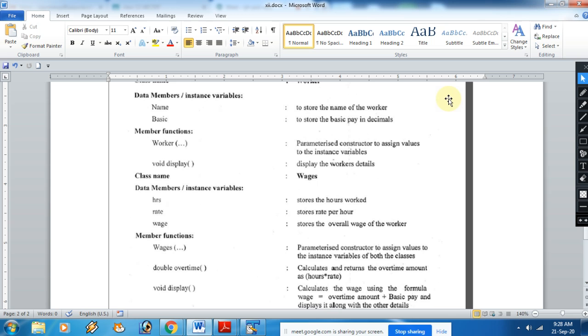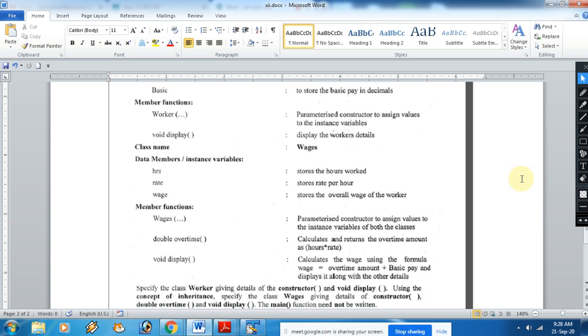The class name is worker. The data member name and basic. The constructor is worker. Then a display method is there, and both the super class and the subclass have the same method for display. In the subclass, the class name is wages, with three data members: hours, rate and wages, and one constructor wages, and a double overtime method.